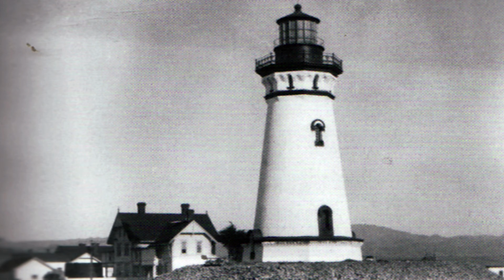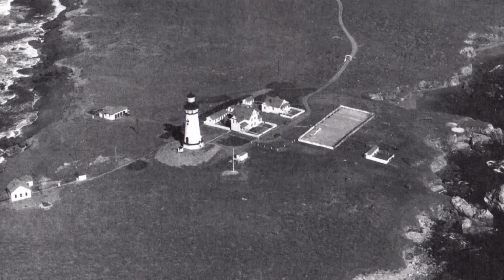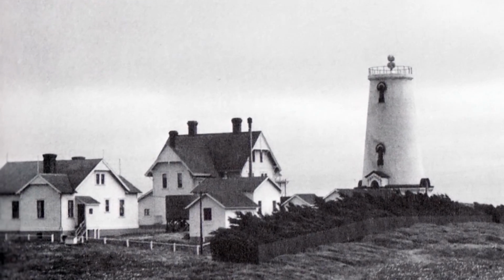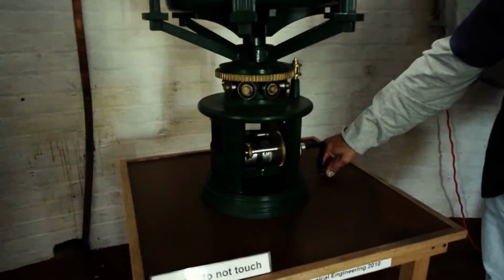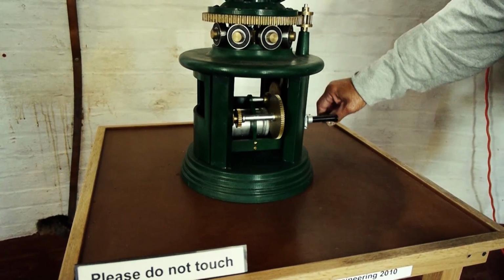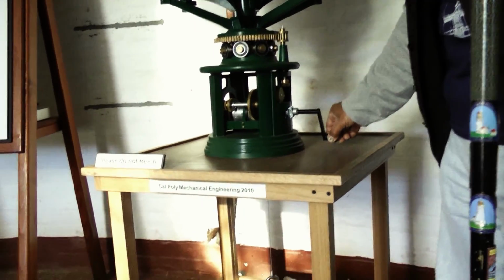Piedras Blancas Lighthouse Tower. The source of power for this lens was a counterweight that came down on a cable and had to be brought up from this lower level up to the first landing. The person on duty before sunset would make sure the wick had been cut cleanly so that it would burn cleanly once lit, and would also crank up this counterweight to the first landing. They would go up to the top and use the crank handle to lift the